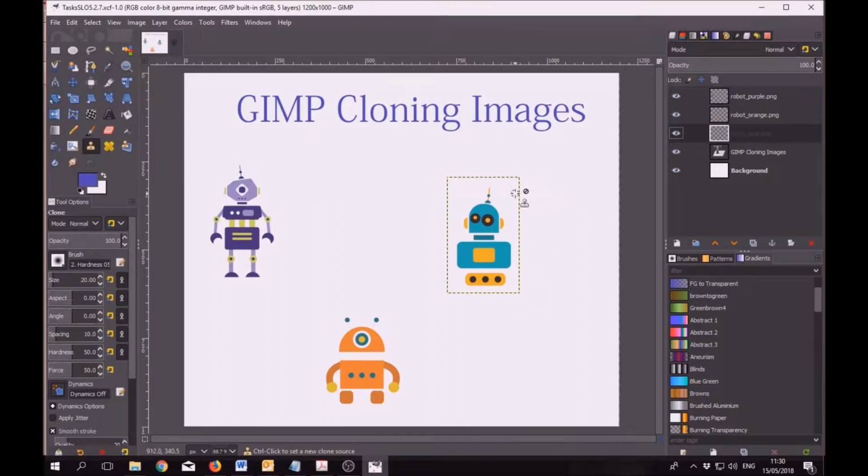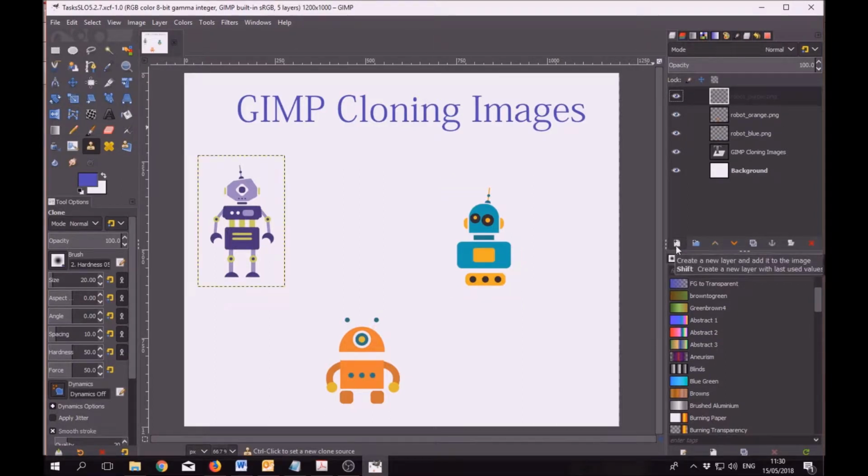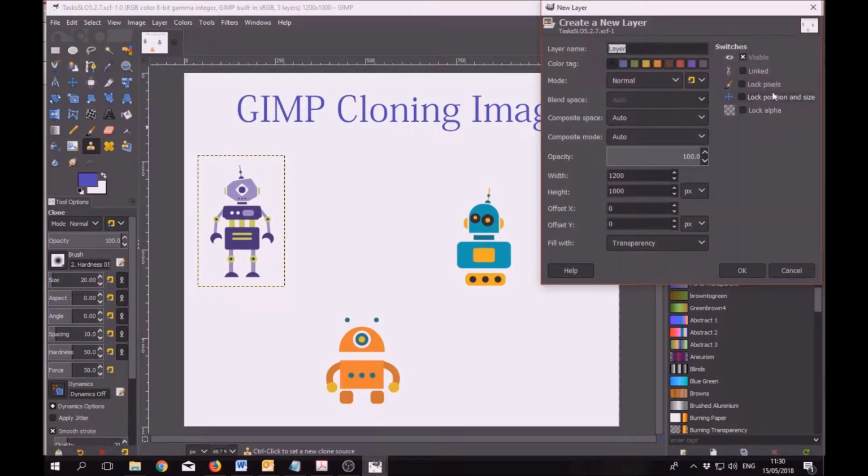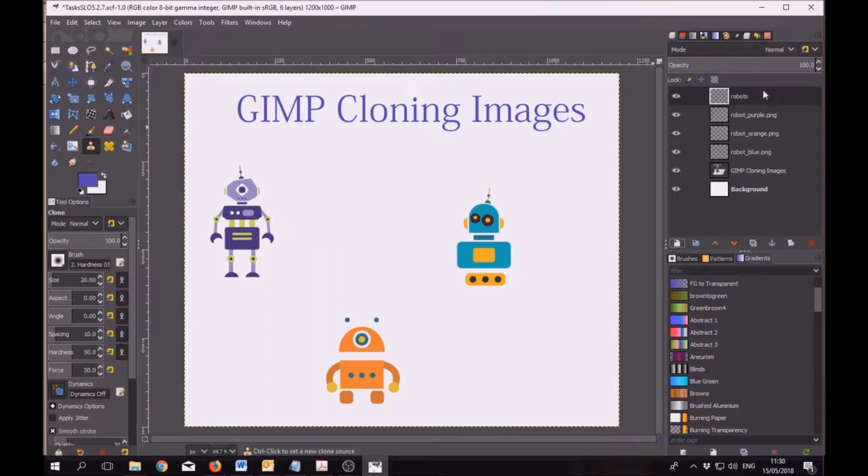You can't actually copy on this. You need to make a new layer. So we create a new layer here. Create a new layer and add it to the image, and we make it transparent. We call it robots. Okay,